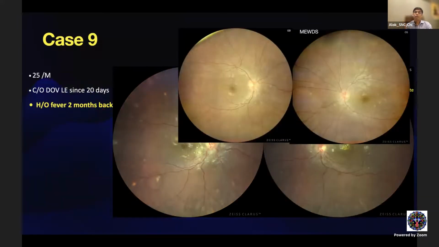Sometimes, just to show an analogy, this is a patient of mutes where you can see multiple white lesions, deep retinal lesions, and these can be confused with